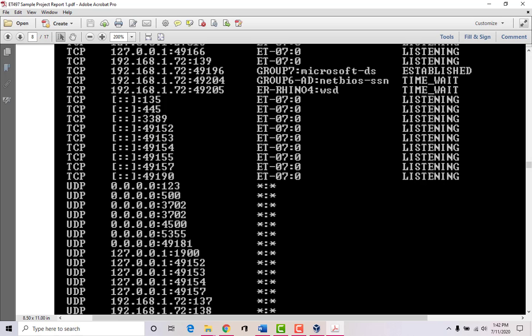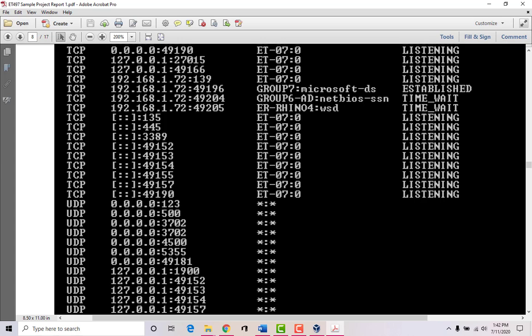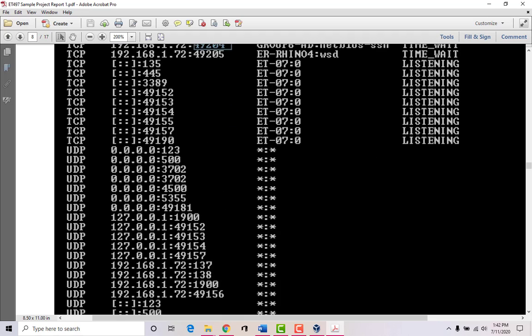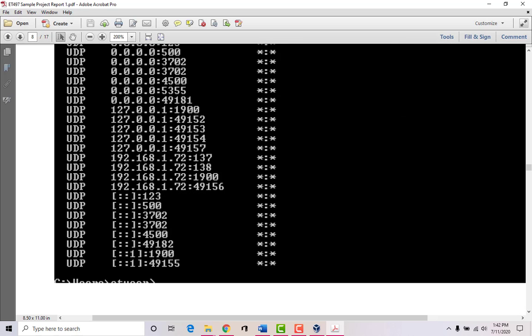We can block specific ports so that people cannot get in and use a particular application. You can see how a port is assigned. So for example, we're using this IP address to communicate over this particular port over here, and if that port is allowed to send or receive, the packets will go through just fine. But this also tells you what ports are open and what ports you're listening on, for example.